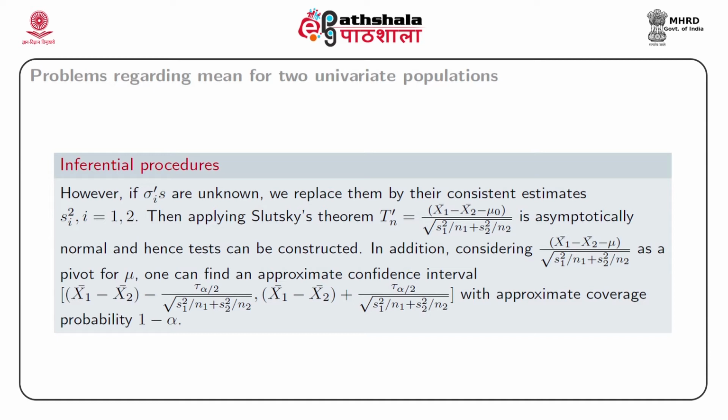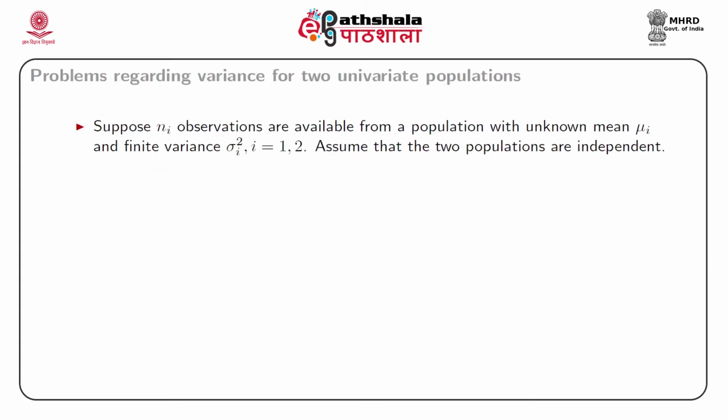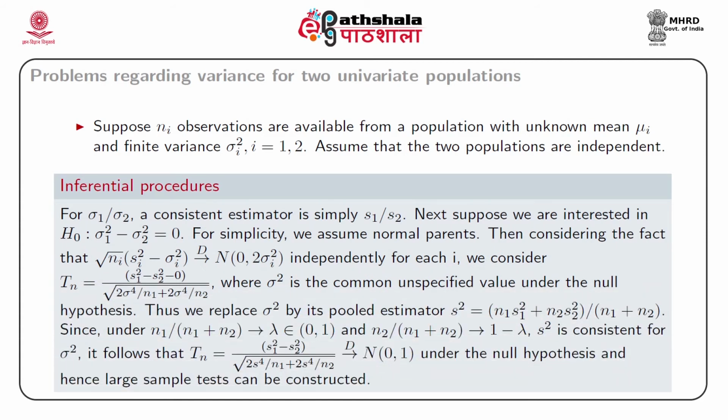Next, consider the problem regarding the variance for two univariate populations. As earlier, suppose ni observations are available from a population with unknown mean mu i and finite variance sigma i square, and we assume that the two populations are independent. Then, for sigma 1 by sigma 2, a consistent estimator is simply s1 by s2, and if we are interested in testing sigma 1 square minus sigma 2 square equal to 0,